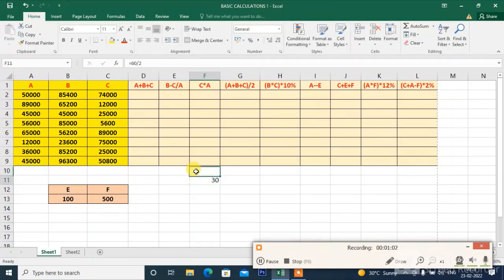So your formula should always start with what? Equal to. Now suppose I want to add these numbers, A plus B plus C, and I want the answer here. So I'll click here. Start with equal to. Then I'll click on the 50,000 here, and I'll put a plus sign. Instead of typing the number, I'll refer to the cell. You can type the number also, no problem, but if the number is already typed in the cell, you refer to the cell location. So I'll refer to the cell location 50,000 plus